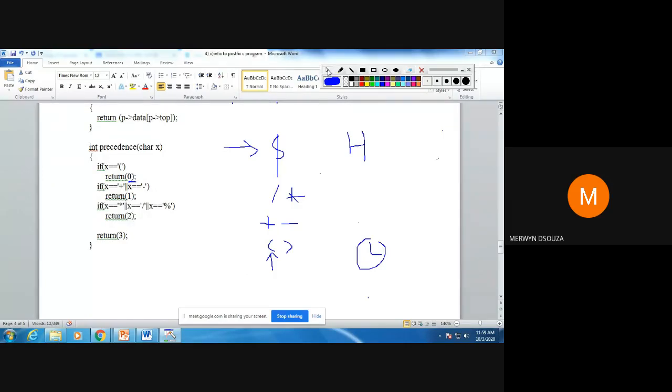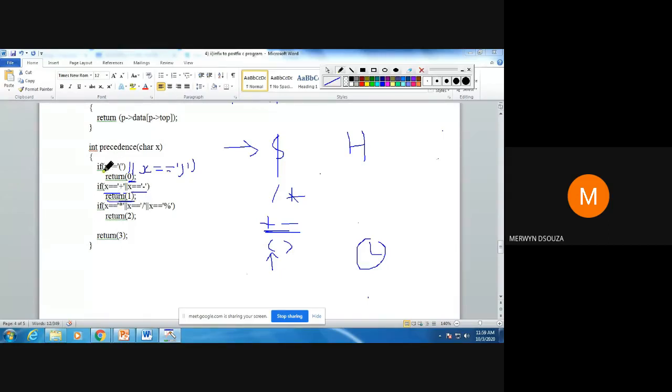Now you can see I have not put closing parenthesis. Can anyone tell me why I have not put closing parenthesis here? Why I have not put an or sign here and put X equal to closing parenthesis? See here, when I told you plus and minus are having same priority, so I put here X equal to plus or X equal to minus, then I'm returning the value as 1.